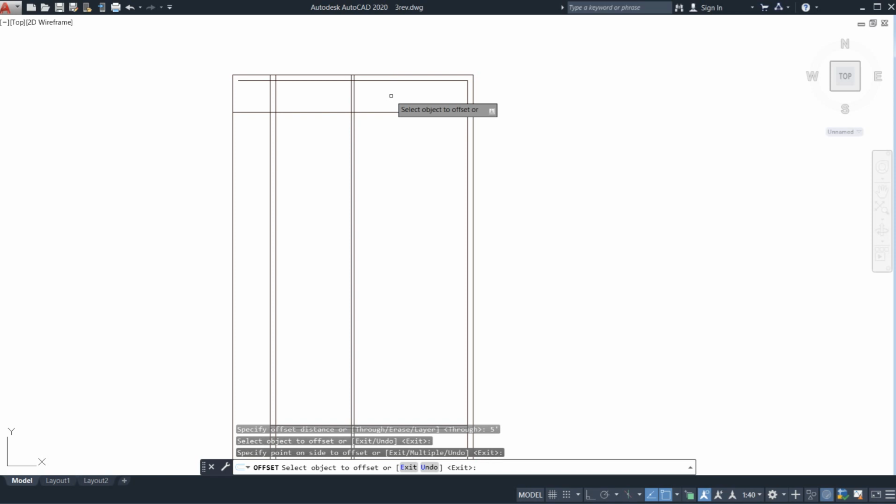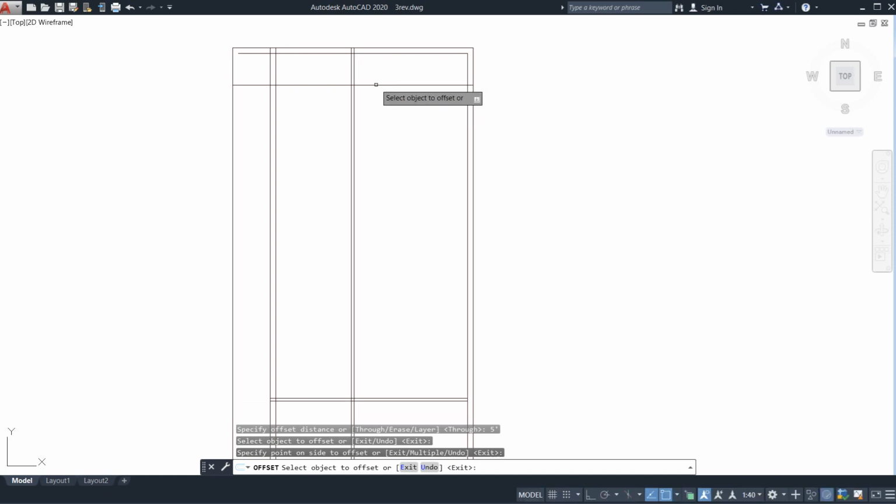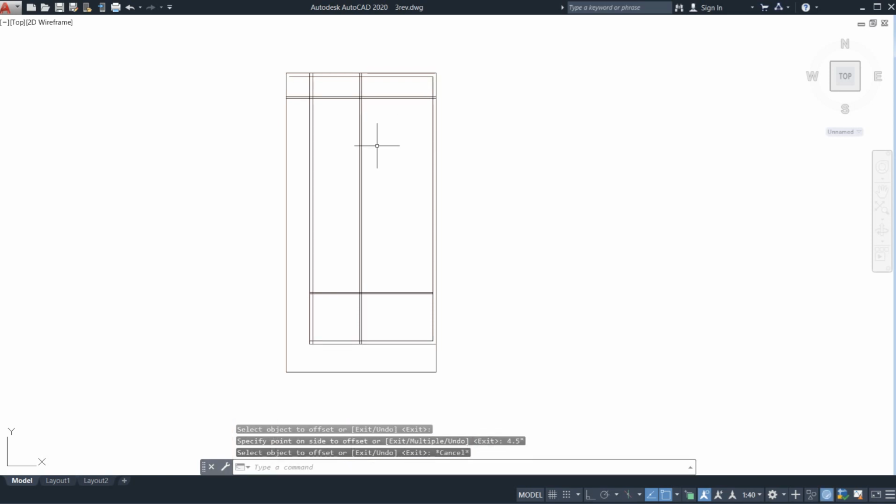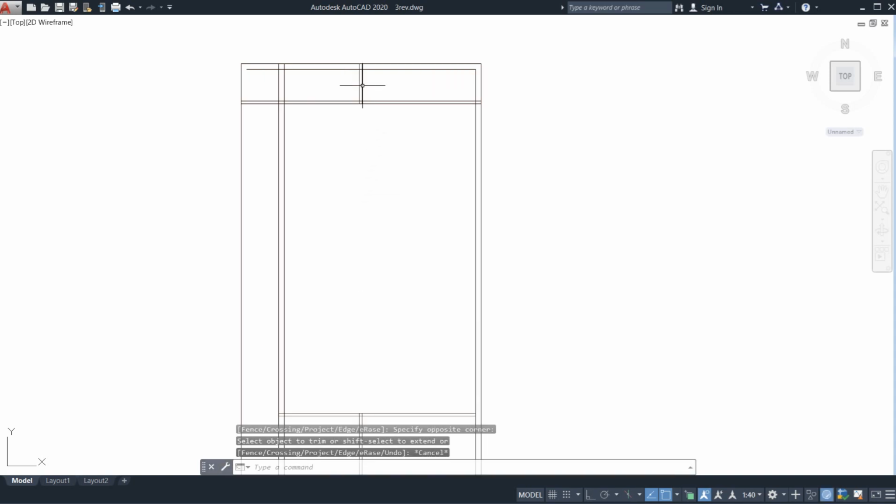See, here I have left 5 feet and this is my 4.5 inches of wall. So after this I'm just going to trim it. After trimming it, this also I need to trim. I have trimmed it, delete it.